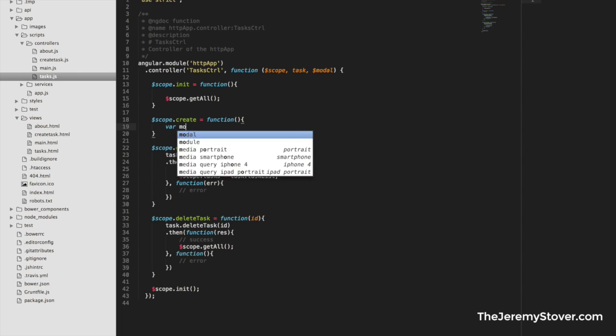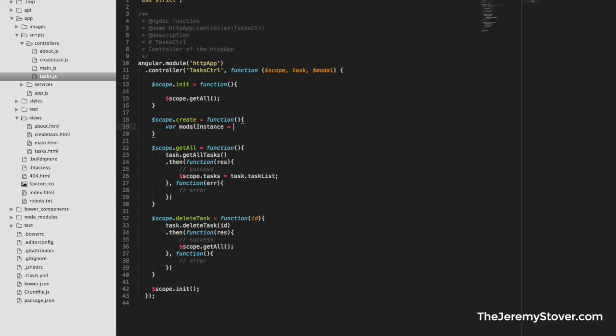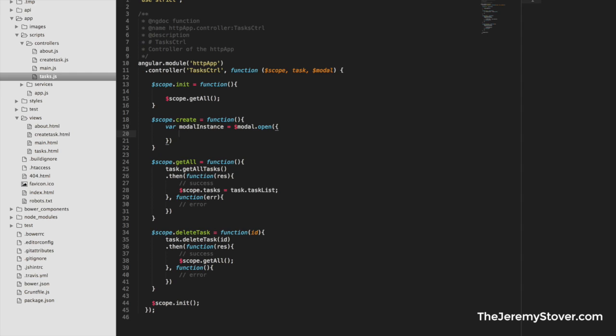All we're doing is var modalInstance equals cache modal.open. I'll do a full tutorial on how to use a lot of the Angular UI directives, but we're just using modal or cache modal for now. So I'll give you a quick tutorial on that. Cache modal.open takes an object as a parameter, and that object can take a lot of different variables, but I'll go over the ones that we're using here. It takes a template URL, which for us would be /view/create task.html. It also takes a controller,